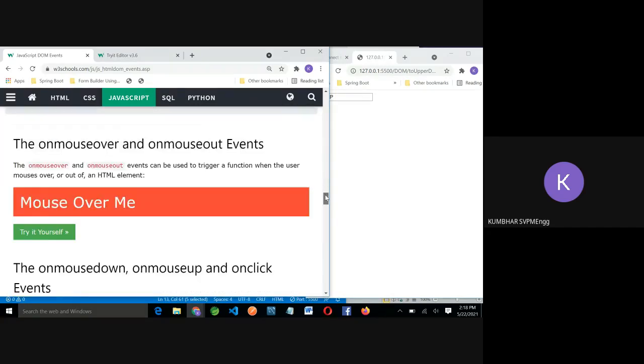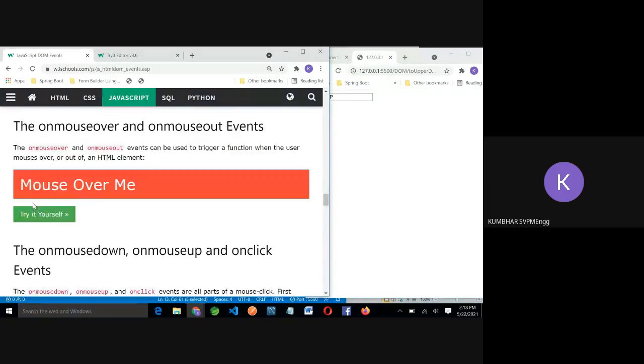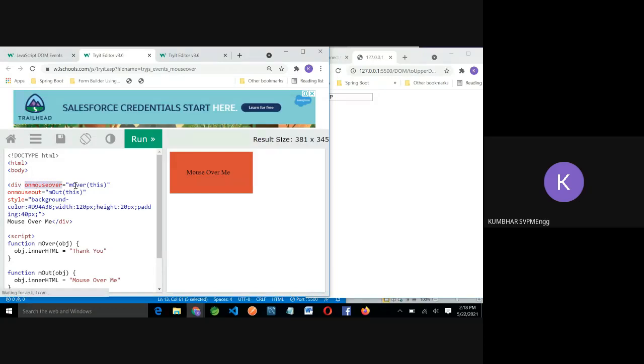On mouse over, on mouse out. If you find one div is defined in which, on mouse over, they are calling one method and passing this. Great. Now this is one more step we are moving ahead. Parameter is passed.